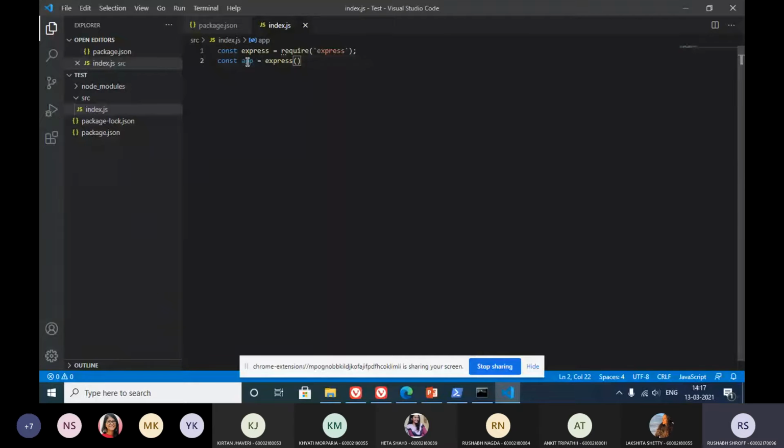So we define it like this: a get request, a post request, a put request, and a delete request. Whenever we get a get request from a client, a get request does not have a body.